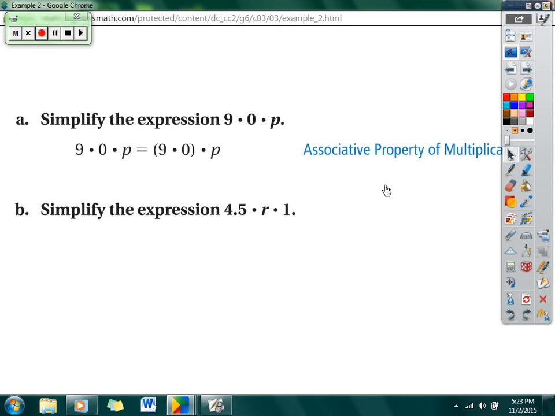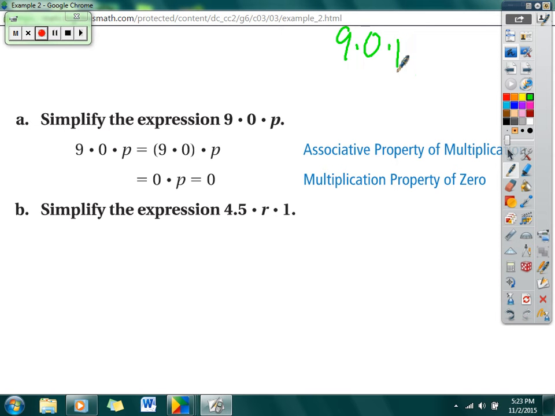Then I'm going to multiply 0 times p, and actually I don't really like how they put this on here, so I'm going to redo it. What I would like you to do is 9 times 0 times p. The first thing you should do is put it in parentheses. This is known as the associative property. Then what I would like you to do is 0 times p